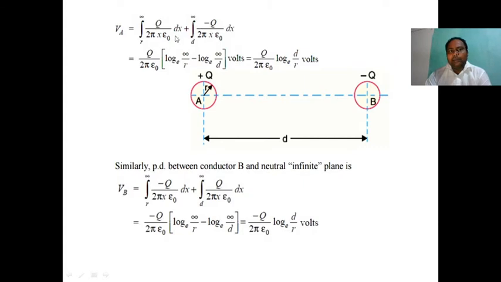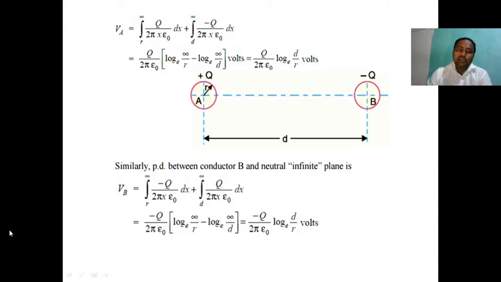So the capacitance exists in between two conductors. You must consider this point. Any two conductors separated by an insulating medium, then only the capacitance will exist. But the inductance exists due to internal flux linkage as well as external flux linkage. The inductance does not exist in between conductors. The capacitance exists in between two conductors, so we must consider two conductors.